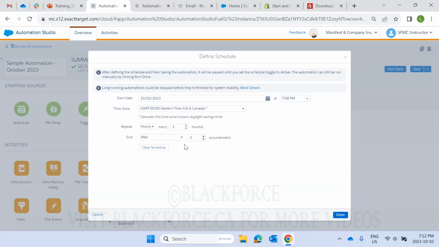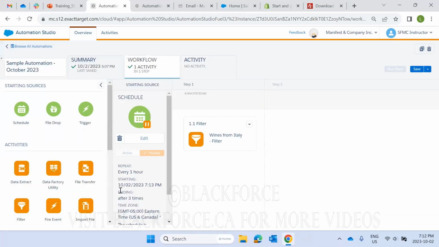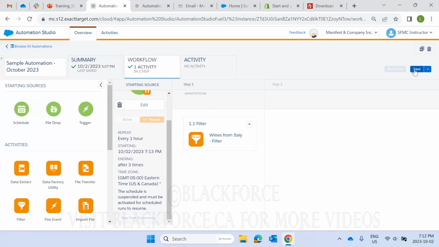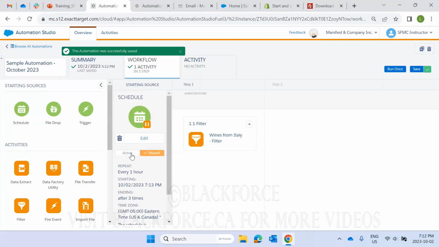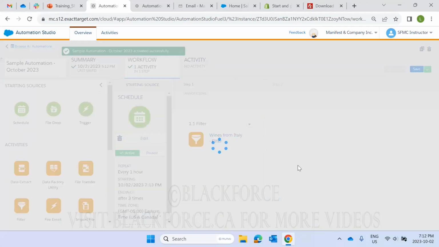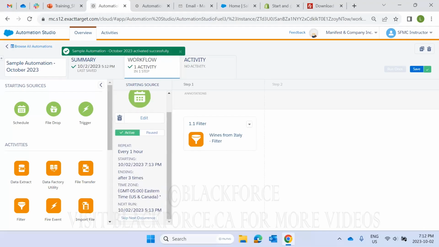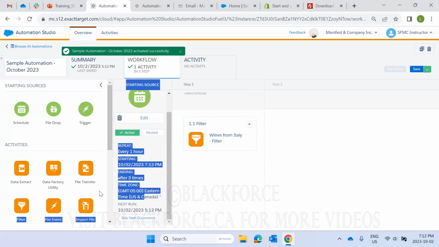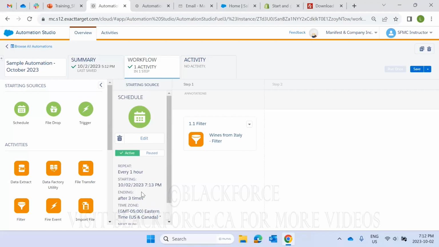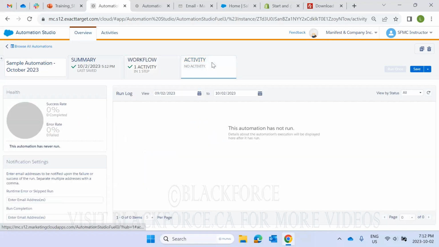So that's the time zone I want. And now I have to move my time to some time in the future because automations cannot run in the past, unfortunately. So I'll say 7:13 Eastern time and I'll save and then I'll activate. Okay, so now, once it's 7:13 Eastern time, as we've instructed the system, what we expect to see